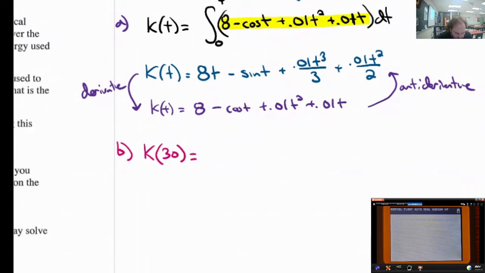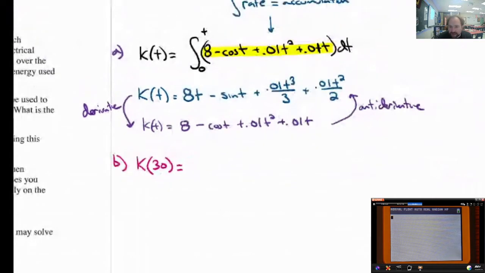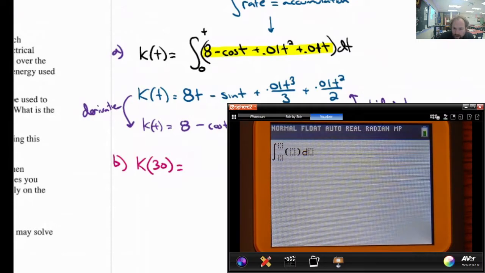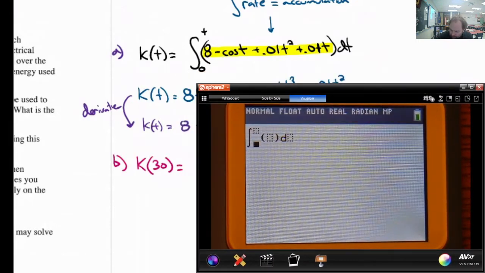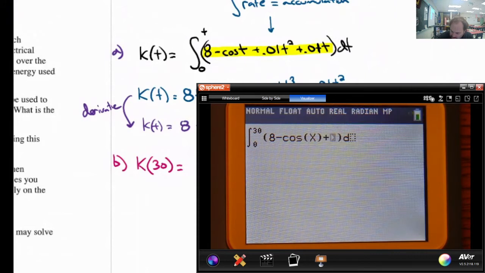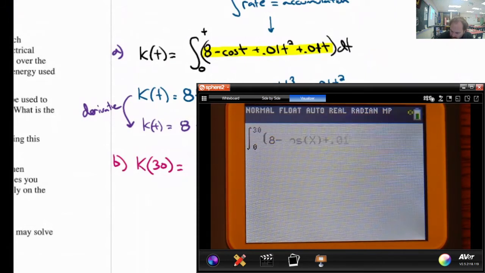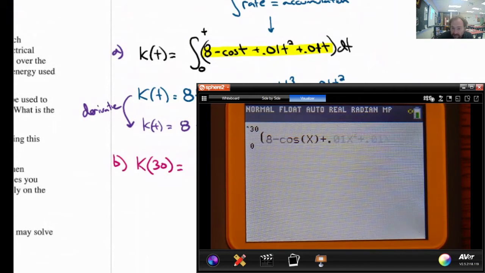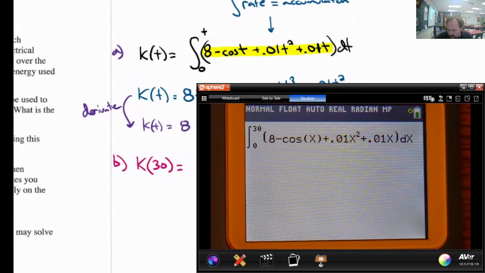Now, I think we should use the integral version to find K of 30. That's the key. So we're going to open up our calculator, open up fnInt in alpha 4. I'm going to make this bigger. We're doing the integral from 0 to 30 of our original function, 8 minus cosine of x plus 0.01 x squared plus 0.01 x, all times dx. This is going to give us the total amount of electricity used over this period,